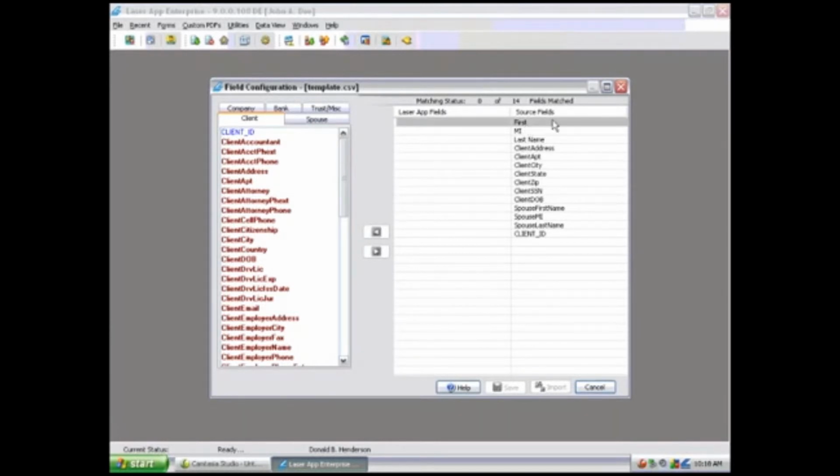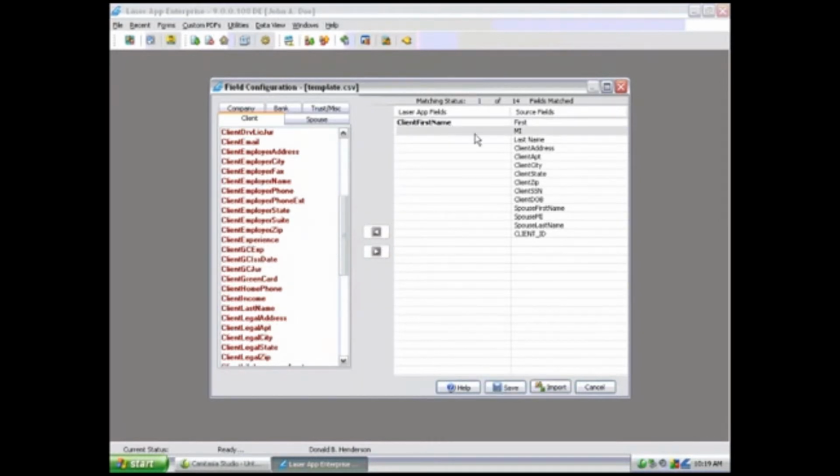So if I highlight my source field for first, okay, that's the client's first name. So I'm going to scroll down till I find client first name, or whatever best matches the column that I have currently selected. Once I click that, this little blue arrow pointing to the right, click that, and now you notice LaserApp field and source field matched up. So when this import happens, this client first name field is going to be looking to whatever it's matched up for that data. And then you just go down the list